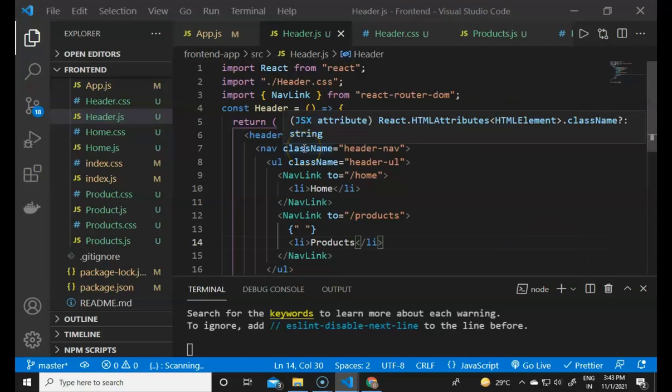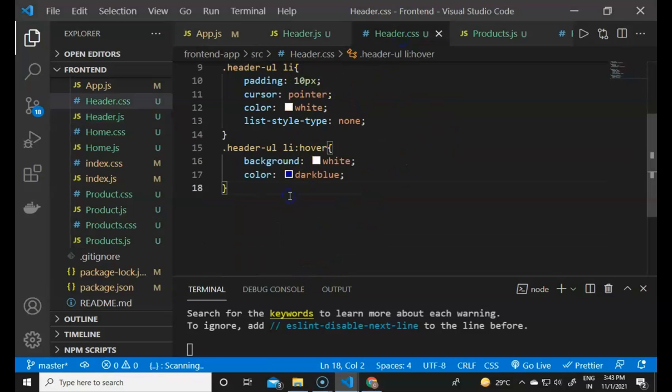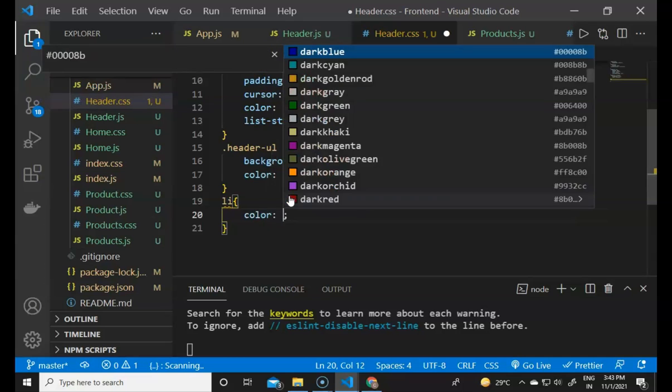If I will now provide some style with it, we have to provide a style like ul li, and the li color will be white.